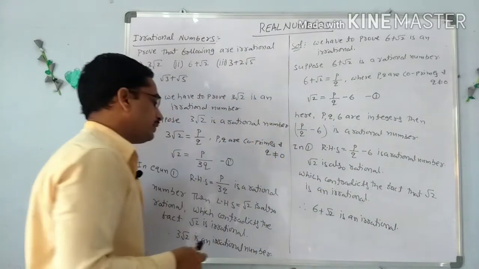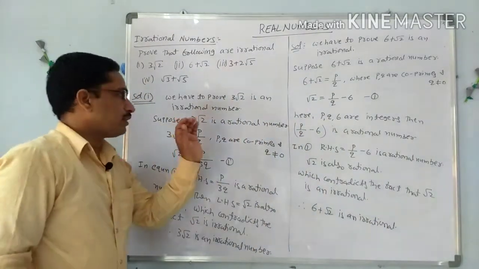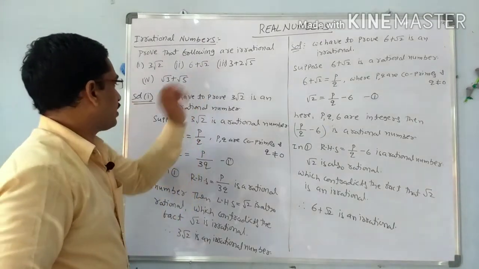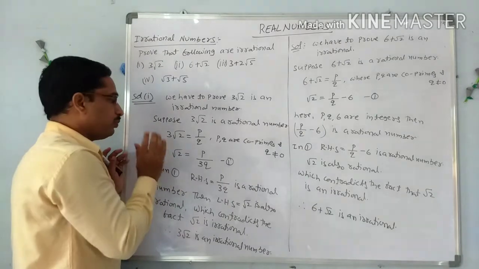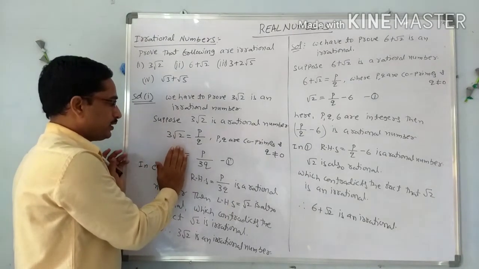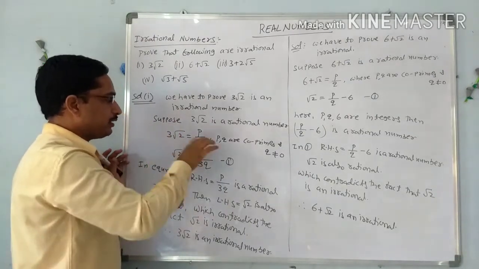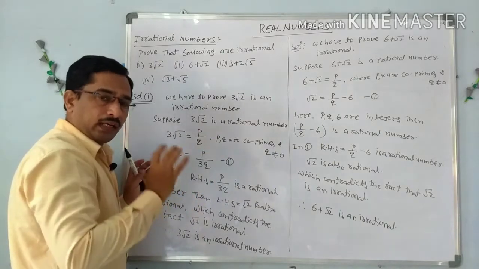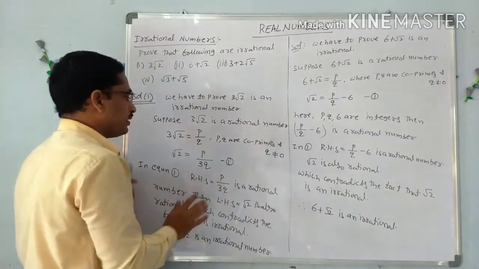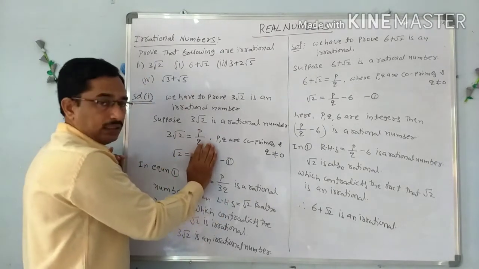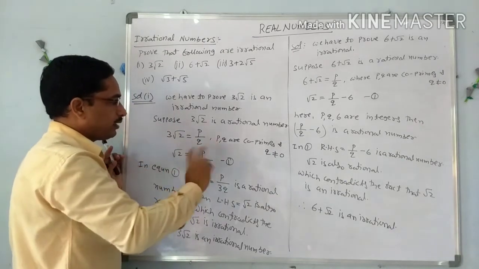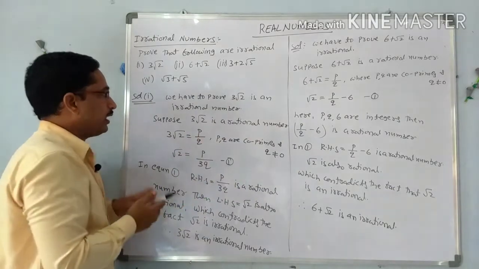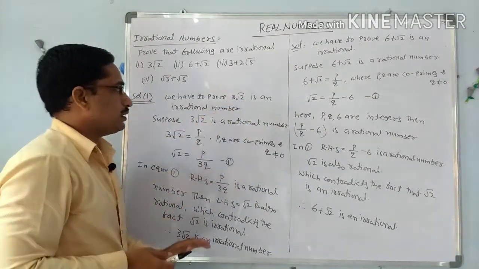See here, we have to observe the simple concept behind the problem. We have to make the root terms separate, which means we put the root terms only on the left side and transpose all the remaining terms to the right side. And always in this situation, the right side quantity is a rational number and the left side is irrational, so both contradict. So our assumption is wrong and we accept the original statement.